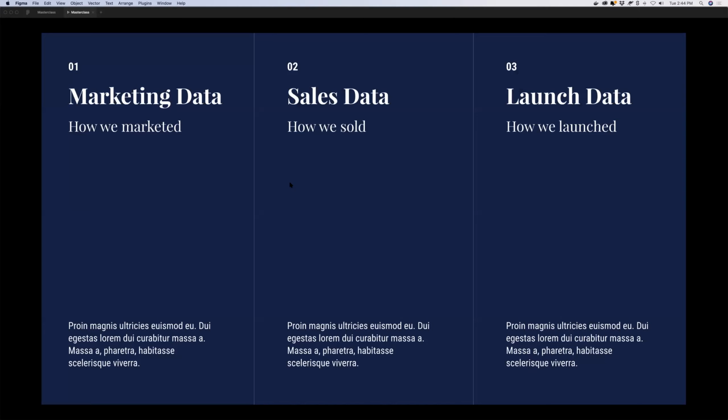Now, if you look at this slide, so I have marketing data, how we marketed, blah, blah, blah, right? I can see obviously number 1: marketing data, sales data, and launch data. These are all the top kind of headers. Then we have a level 2, which is how we sold,